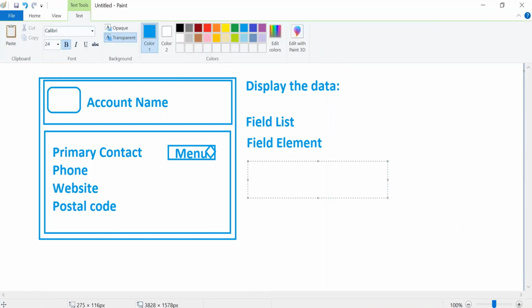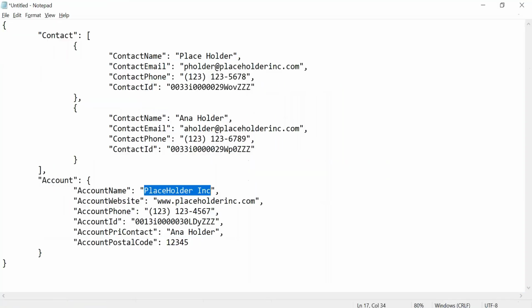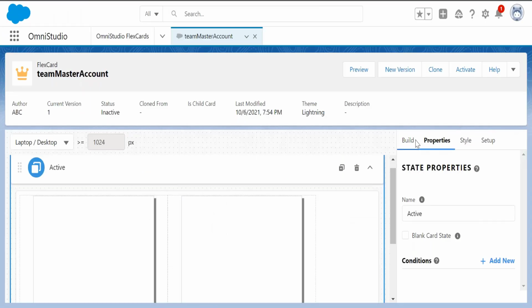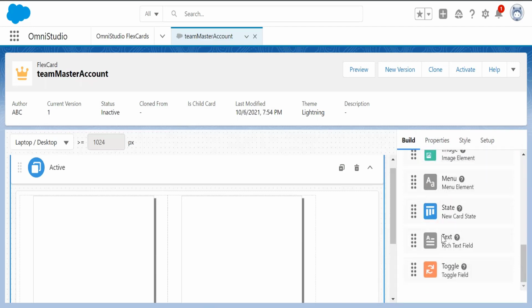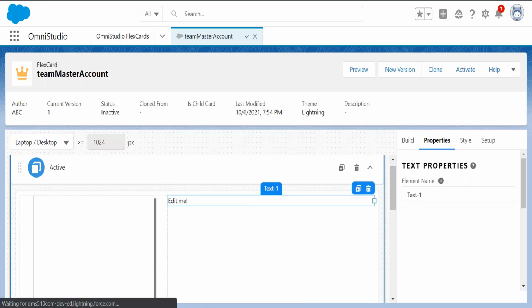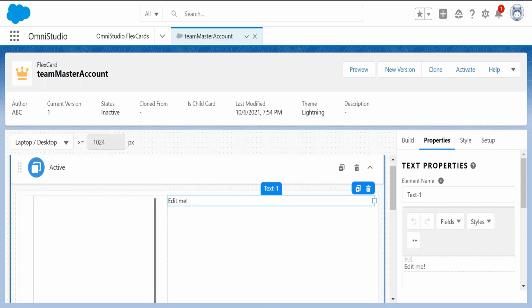We can use the text element. There is another element called text element in the build. If you go a little down, yes, text element. It's a kind of rich text field, like an HTML block. Text element is a rich text editor. What can we do with the rich text editor? Once you drag and drop it, if you go to the property,